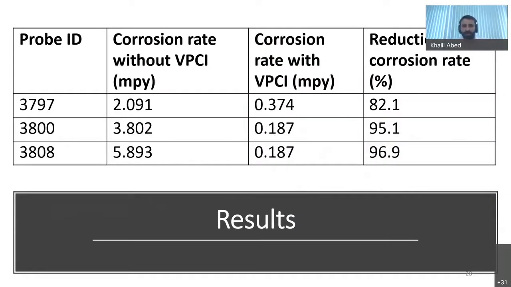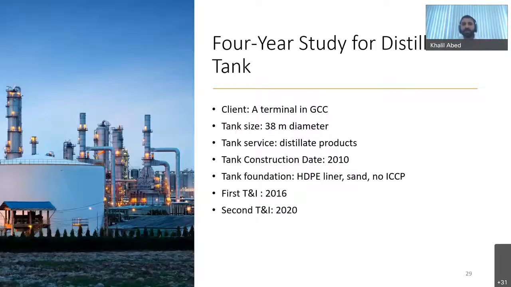You have 3 probes that showed a percentage reduction of an average of 90% on the corrosion rate measured by the probes before and after the injection. So the first 2 case studies showed the performance of the vapor phase corrosion inhibitor based on corrosion monitoring probes. In the next 2 case studies, I will share with you results based on